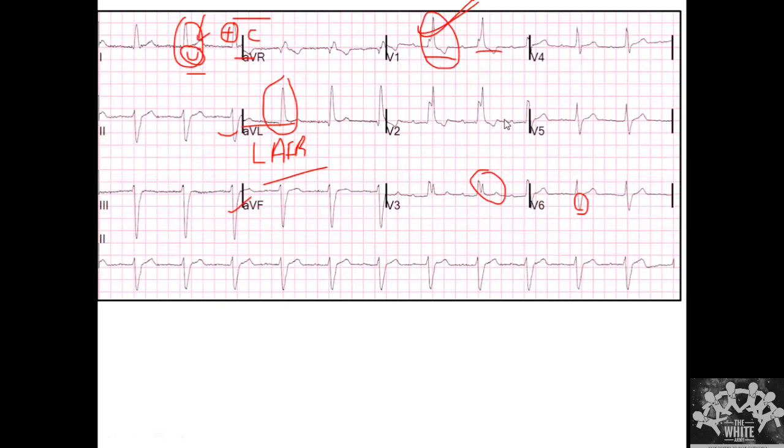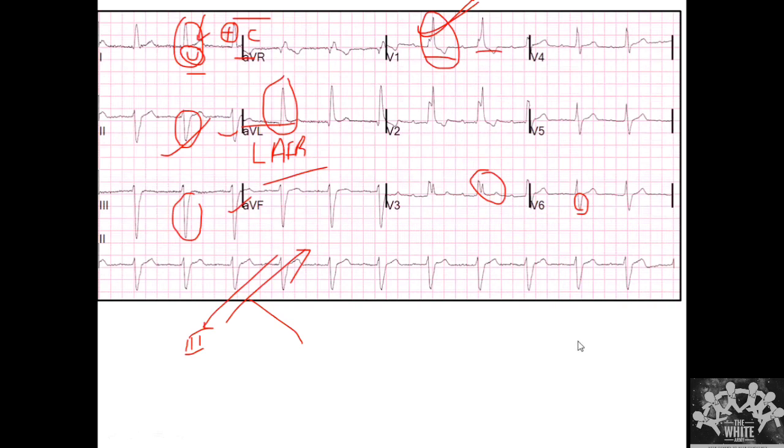3 more than 2, the negative wave. So this is the direction, correct? There should be maximum negative deflection in lead 3 compared to lead 2, because this is exactly opposite to this. So you see here, the negative wave in lead 3 is more than lead 2. Tell me the PR interval.